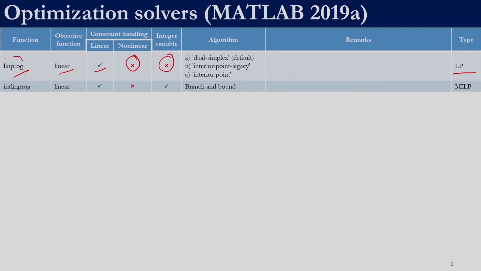So again remember, linprog is not the name of any algorithm. Linprog is the name of a function. With that function we can use any of these three algorithms: dual simplex, interior point legacy, or interior point method can be used with this function linprog to solve linear programming problems. By default dual simplex is what is selected. If you want to override the default option and solve by any of these two methods, it can be done. We will show you one example wherein we can change the default settings of any of these functions.